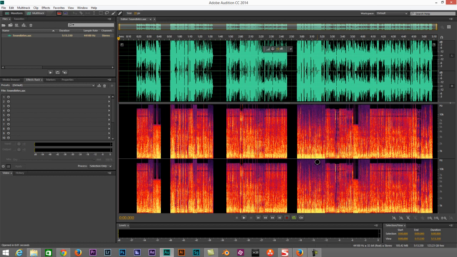I forget the name of this graph off the top of my head, but it shows the information in frequency. The brighter the colors along here, the louder or more powerful or more present that frequency range is. As you can see, there is a lot of low frequency here, a lot of bright in the low frequency range. There are 2 sides here because it's a stereo track, as it's shown up here as well,